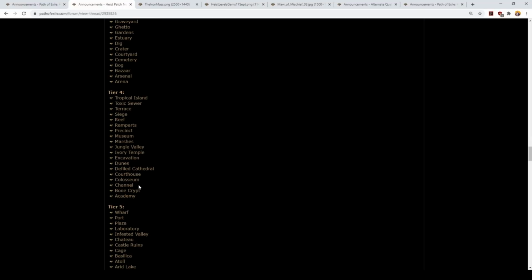Of particular note, if you're the sort of person that likes to rush to Channel early in a league, something I often advocate doing, and farming Humility cards, either to acquire a Tabula Rasa yourself or even to resell to other players, Channel is a tier 4 map and Waterways is a high tier map only. So that's going to be how you'll have to work around there. You'll need to pick up a Channel early, then probably run an Apex of Sacrifice or 2 or 3 or 4 or 5, because the Apex of Sacrifice drops a lot of tier 4 maps in general, and that will help you flood your stash with Channel maps,